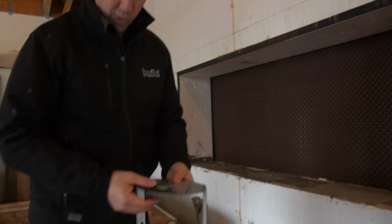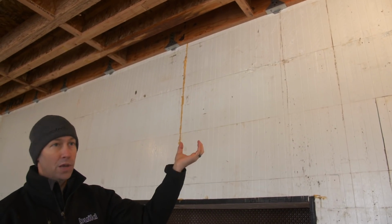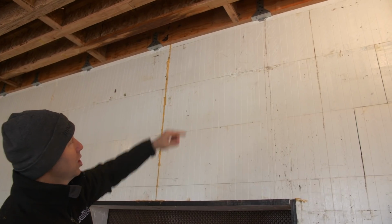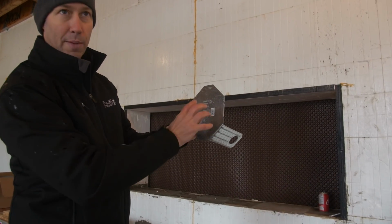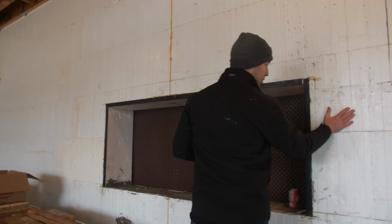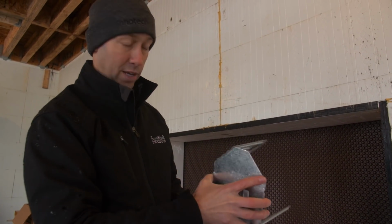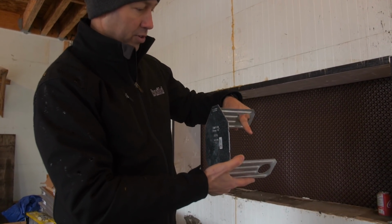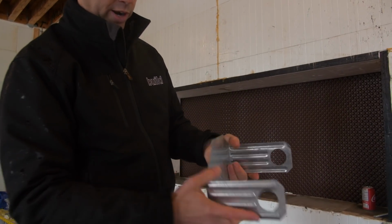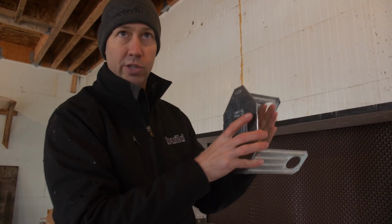Okay, so check this out. This is cool. That LVL that you see up there, that's that ledger board we talked about downstairs. See how it's got a kind of a saddle shape that has a bunch of black screws on it? Behind that is this. We actually saw that at another job site yesterday. It looks like a stop sign that is just flush with this foam right here. This is a Simpson plate that they stab through the ICF forms prior to concrete pour, and it looks like this. And then there's some rebar that's pushed through these holes right here. And then the plate is the only thing that's showing, and behind the plate is continuous foam